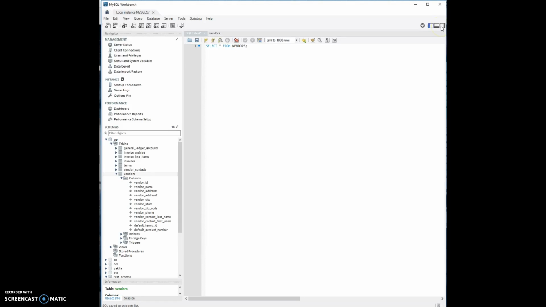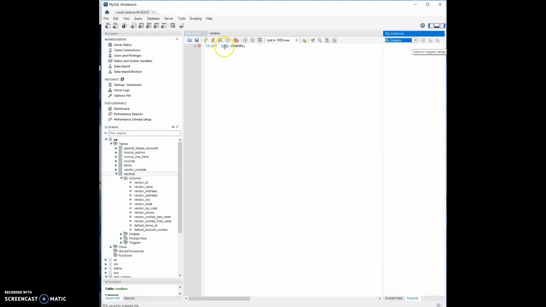One of the other things I wanted to show you was the snippets that are mentioned in the book. I prefer to call them templates because it's basically just something that you can use over and over for different reasons. This is just kind of a silly example of selecting star from vendors, and say you wanted to use that over and over again, and maybe you just want to select and then nothing, and you want to fill that in at some time and make that a snippet. So you can do that